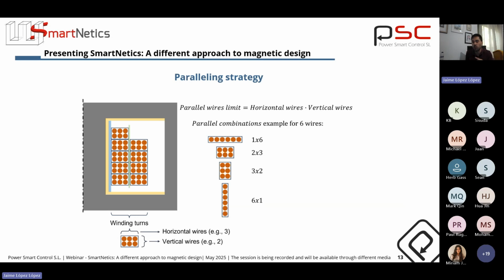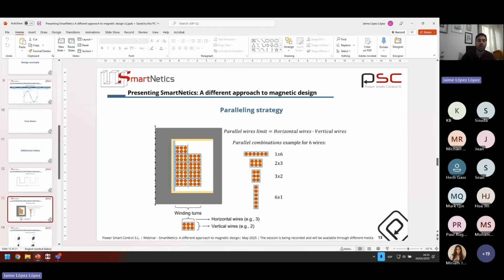You can use a 6x1 wire, as you can see here, which is like a rectangular wire that would be wound around the core, or something more, let's say, squarish, which is this kind of combination. So everything is considered because the total length of wire is different, the AC losses may be different because of the AC field distribution, and the insulation needs may be different because the number of wire columns will be different depending on the pattern that you select. So everything can be configured as well.